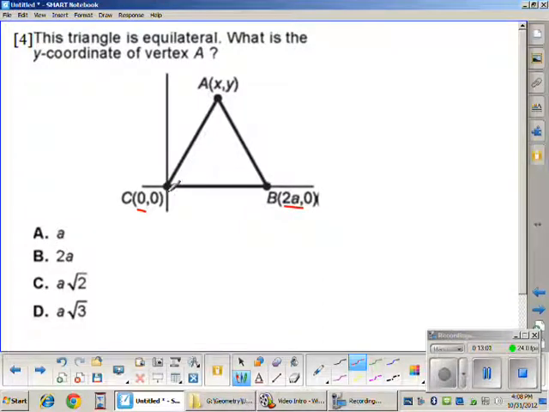Now, that doesn't actually help us because we're looking right down the middle of this, we're looking at this coordinate, that a. But one thing we should notice is that if this is equilateral, then this should be exactly in the middle between C and B. That's, again, extremely significant because if the distance between C and B is 2a, then the midpoint should be exactly half. In other words, exactly a. So the x-coordinate